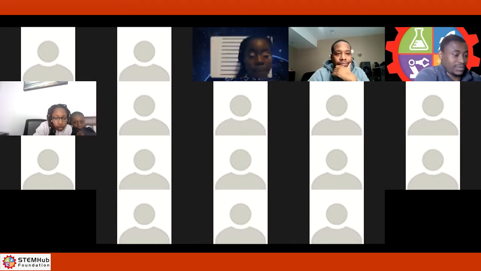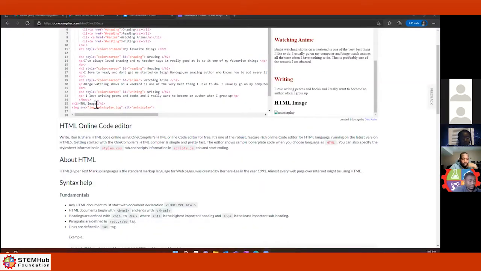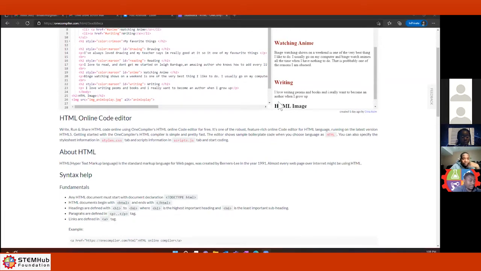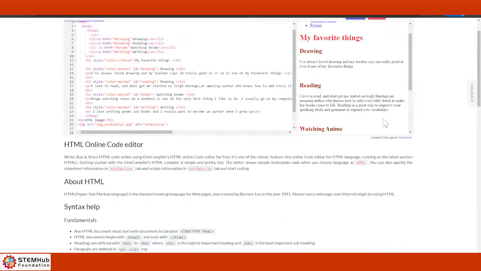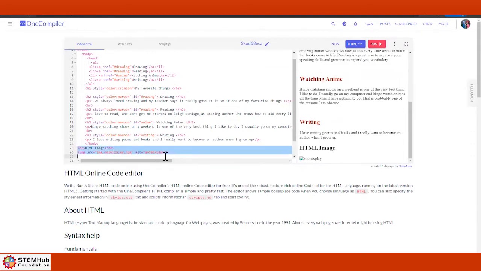Here, when I did the image thing that I copied from the W3 Schools, it only gave me this, and there was no image when I ran it. So did you upload that image, or is that supposed to be a link to an image? Is it an image on a website? Can you go search the web and find that image on a web page for me? Go to the website that you found it on. You found it on W3 Schools?